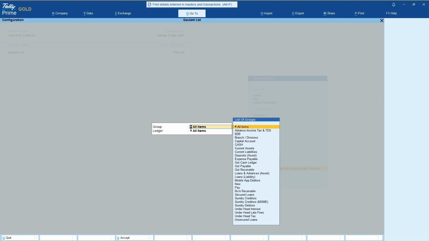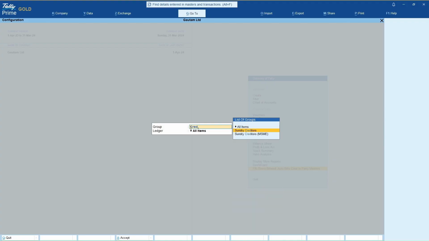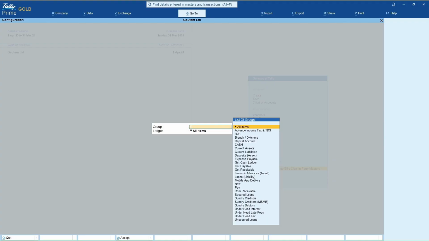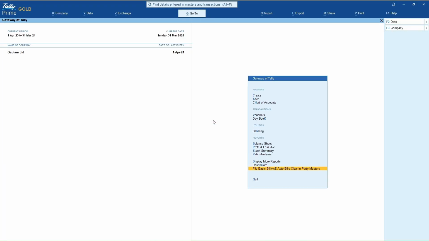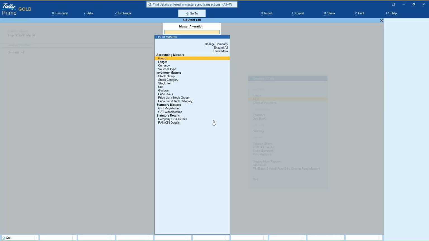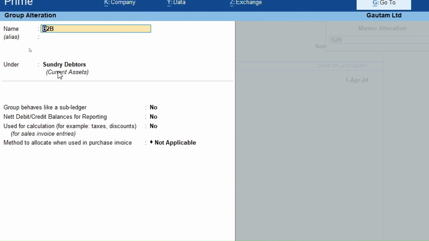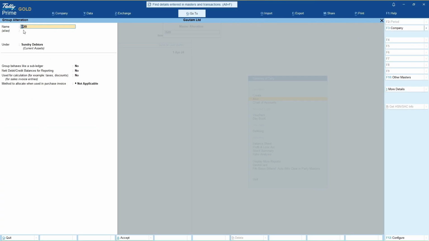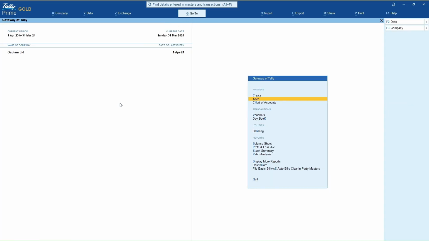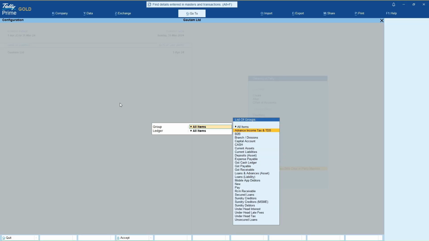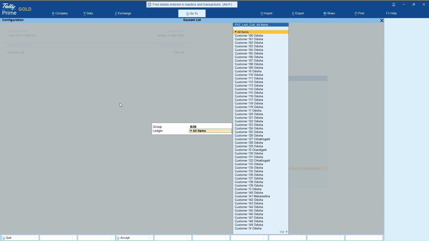Now either we can select our creditor group, or we can select our debtor group, or if you have created a separate group for any of your debtor, creditor, supplier, anything, you can select that. Like for my debtors, I have created a group B2B. Let me show you. When I go to alter group, you can see this B2B is nothing but under sundry debtor. That means it will act as a debtor group only. So the moment I select my debtor group,